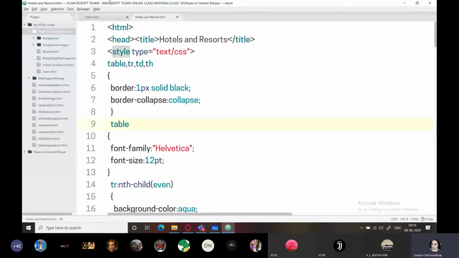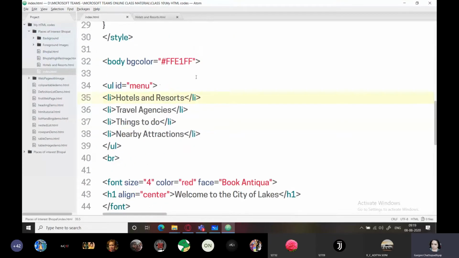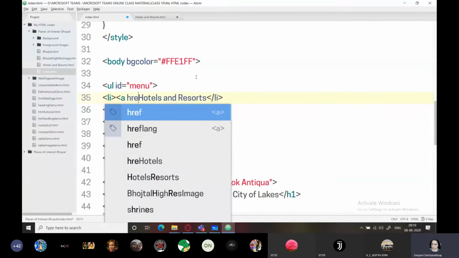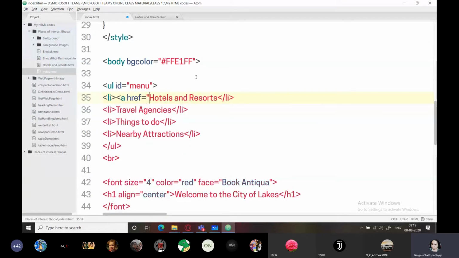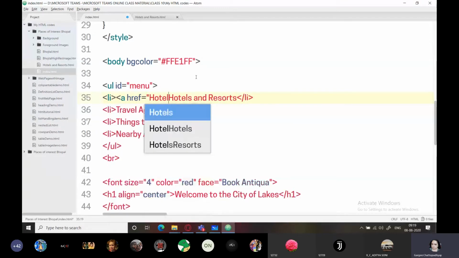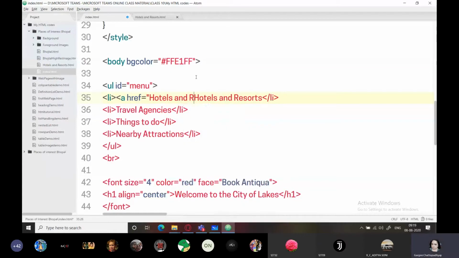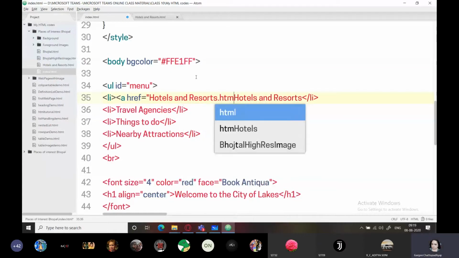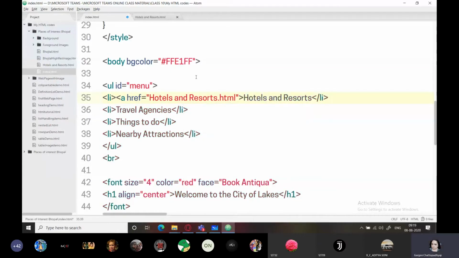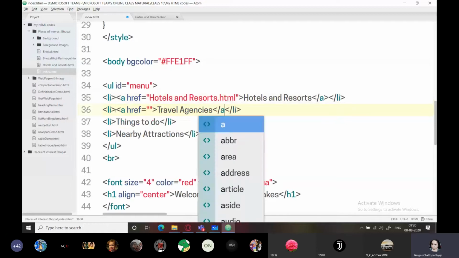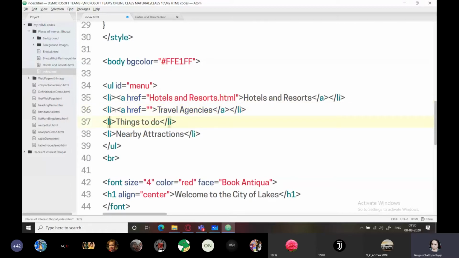I come back over here in index.html and enter a href equals hotels and resorts .html, close it, and close the anchor tag, and provide an anchor tag everywhere. Don't give anything else; as and when you create web pages for them, you can attach them.